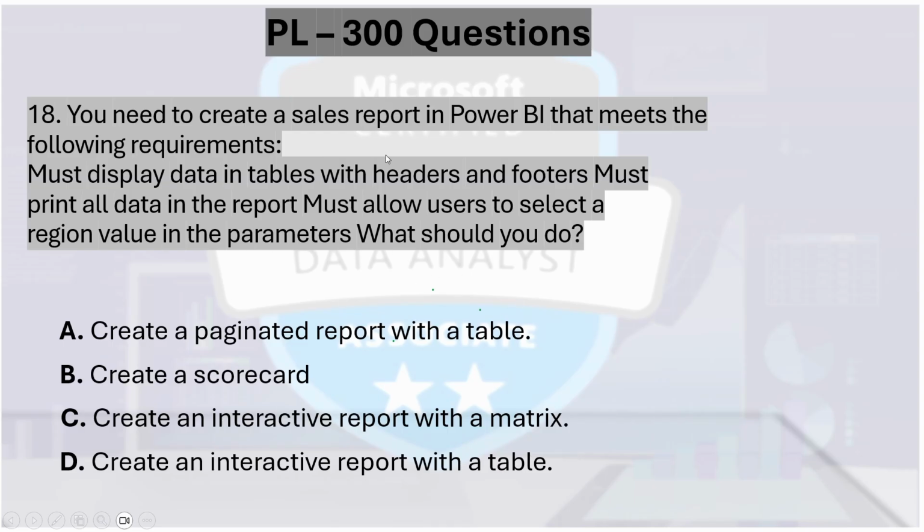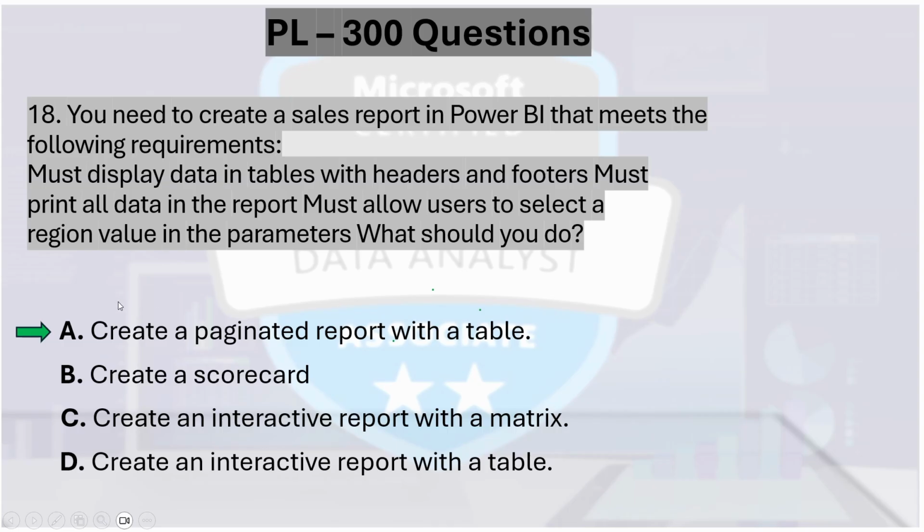So for that we have to display the tables, and headers and footers must be there to print it. Create a paginated report with a table, create a scorecard, create an interactive report with the matrix, create an interactive report with table. So the answer is this one, create a paginated